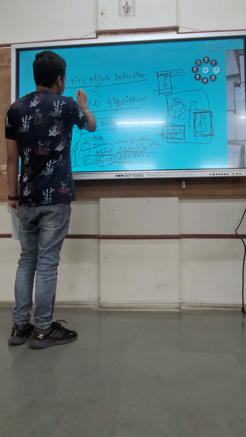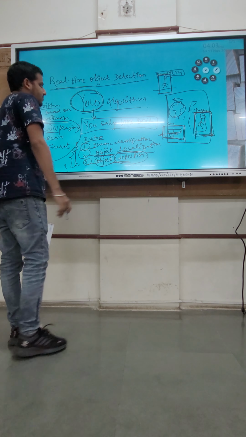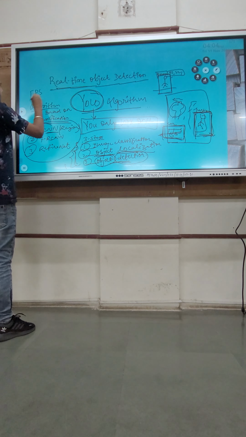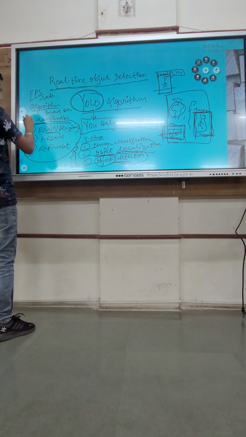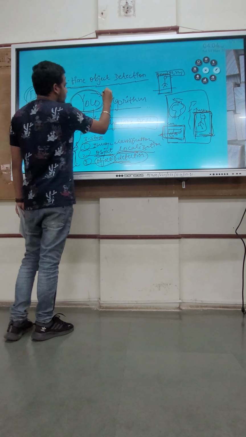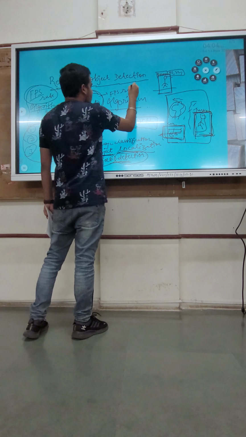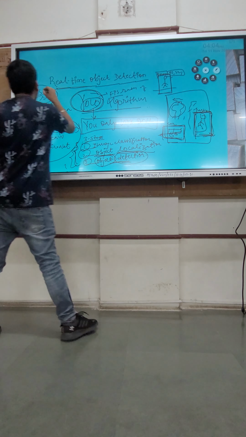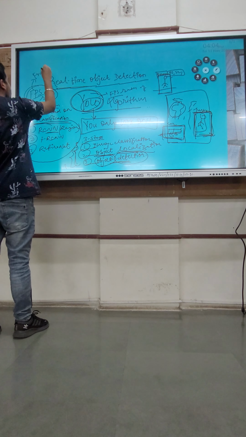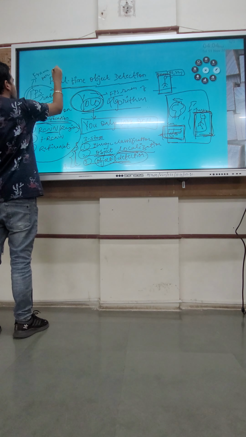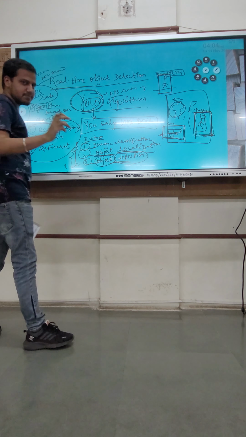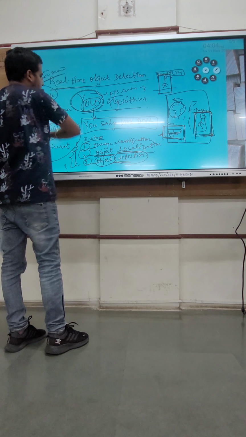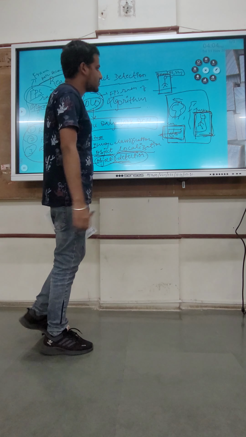But YOLO, we are talking about YOLO, which is the latest one and the fastest one to detect. The FPS rate of all these three algorithms is slower than the FPS rate of this YOLO algorithm. FPS stands for frames per second. How many frames of the object are captured per second? So FPS shows how fast we can track the object.